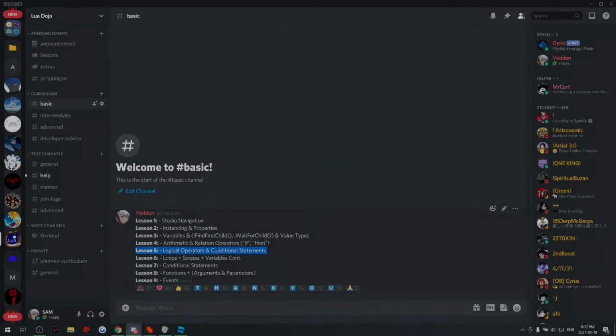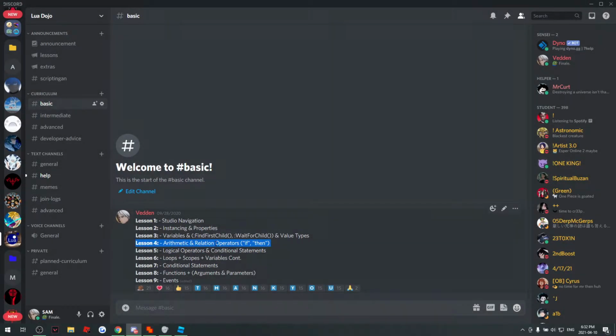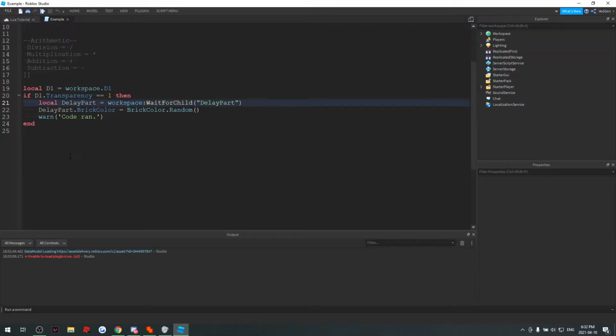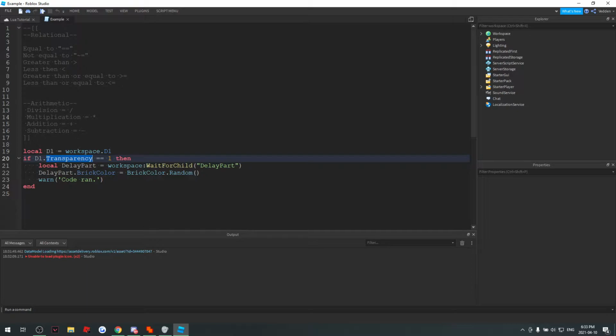Alright guys, it's been a while since I made the last tutorial on Lua. Last time we went over arithmetic and relation operators and basically summarized if and then kind of like this right here. If you just remember how we went over checking if something was equal to another thing, we would be able to perform, let's say, code, right? And actually another thing is,